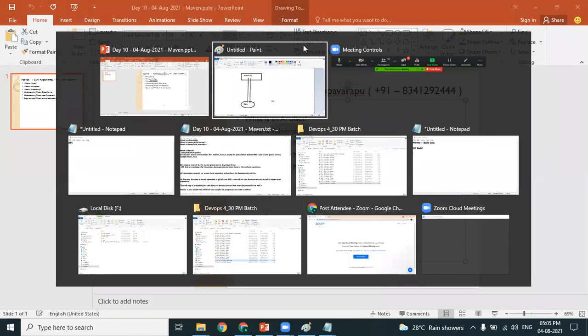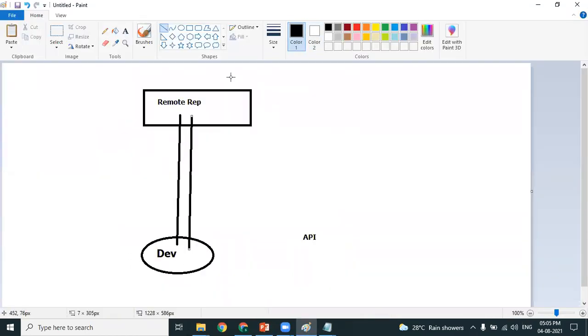The scope of vulnerability is that the developer-created code, no doubt, gets uploaded in the remote repository. As you know, the API code created and provided by the third-party organization also gets uploaded into the remote repository. What is the guarantee that the API code provided by the third-party company is free from virus? There may be a threat involved in it that may come to damage the entire source code. That means the entire source code will be lost. Are you understanding, Arvind? The risk involved in using the API code and uploading the code into the remote repository. What is the guarantee it is free from virus or free from threat?